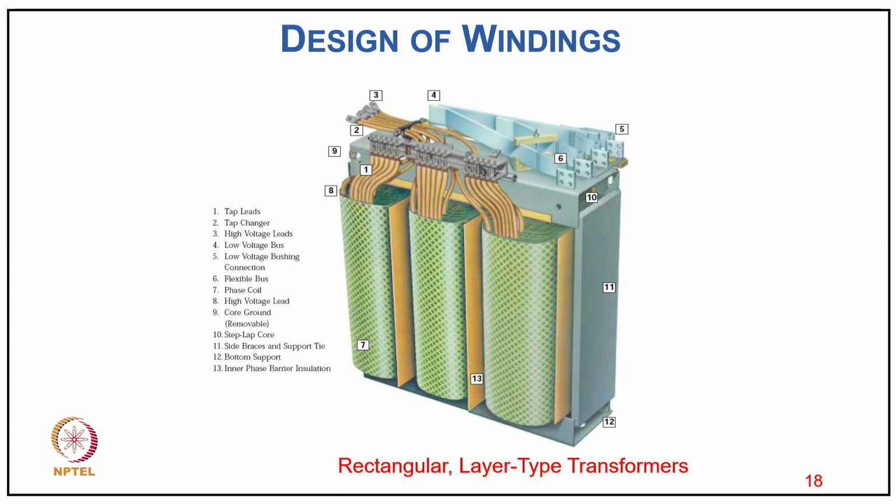you can see how the transformer winding looks like on this three-phase transformer, and here we see that we have a rectangular layer type winding, and all the parts related to the winding are labeled: tap lead, tap changer, high voltage, low voltage bus, low voltage bushing connection, flexible bus, phase, coil, high voltage lead, core ground, tunable, and step core, then the side braces and support type, then bottom support and inner base